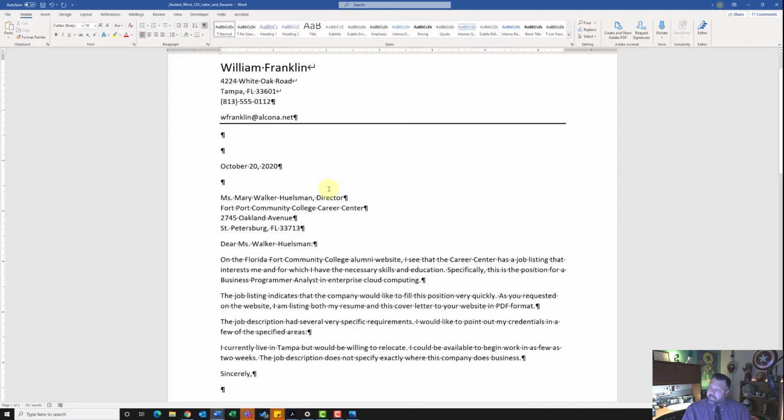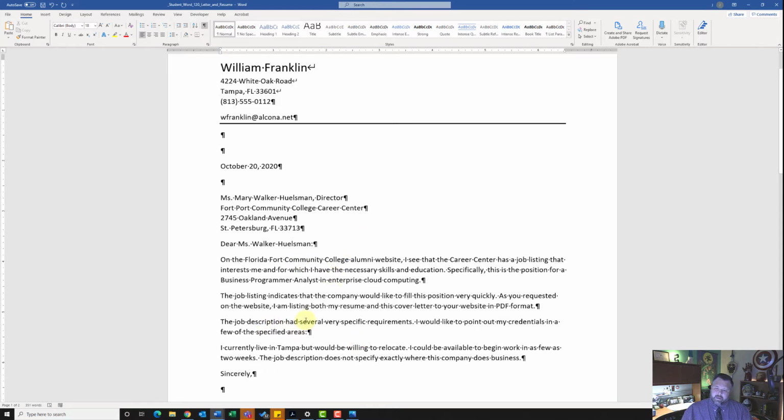For step number 6, in the letter, in the paragraph that begins with the job description, it wants me to use the thesaurus pane to find synonyms. So I'm a man of limited words, and I use the thesaurus. I can't even say it properly, but I use the thesaurus to make myself sound a lot smarter than I really am. So if you notice that you're using the same words over and over,